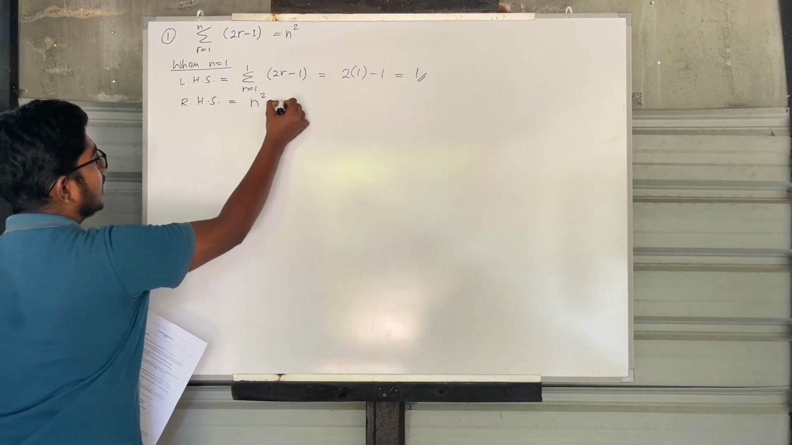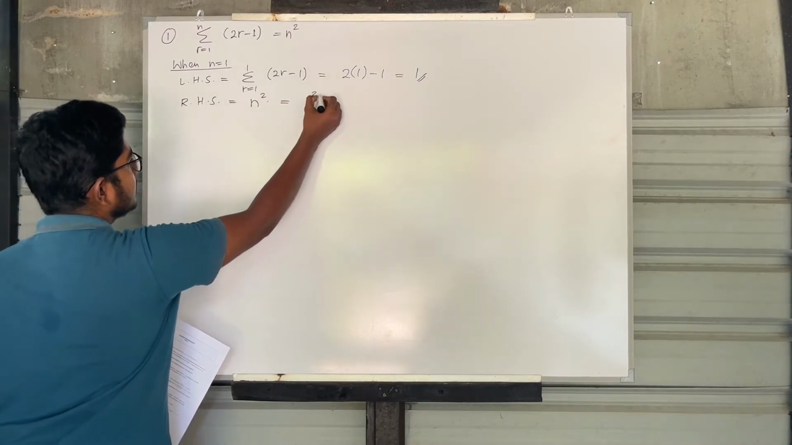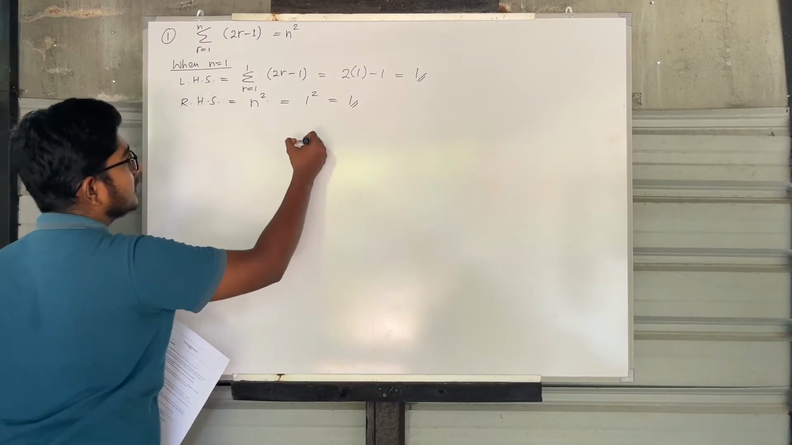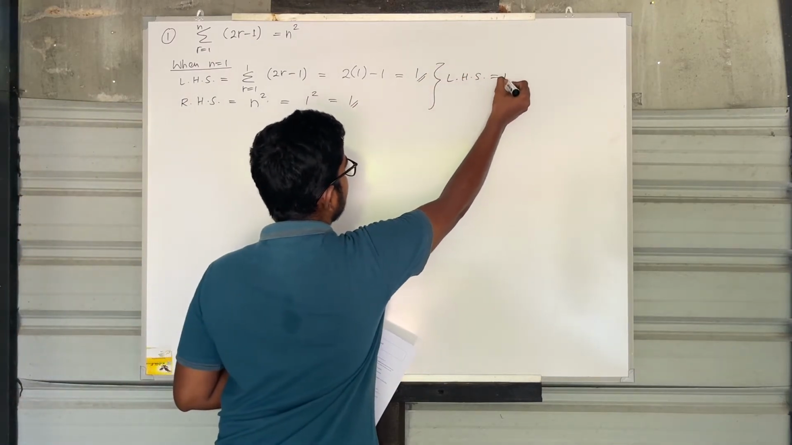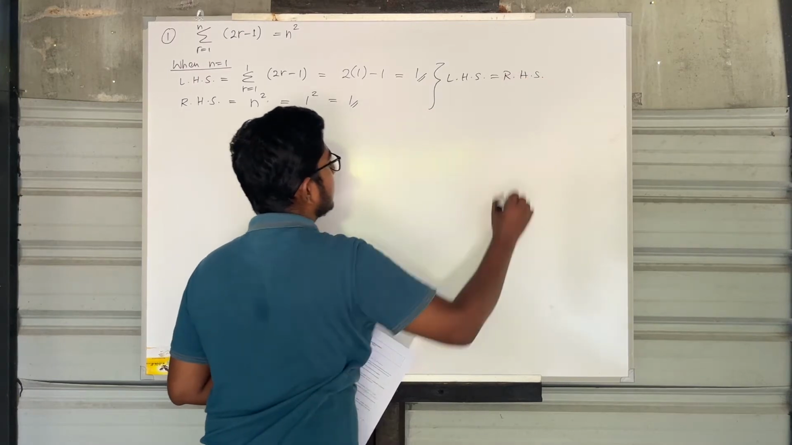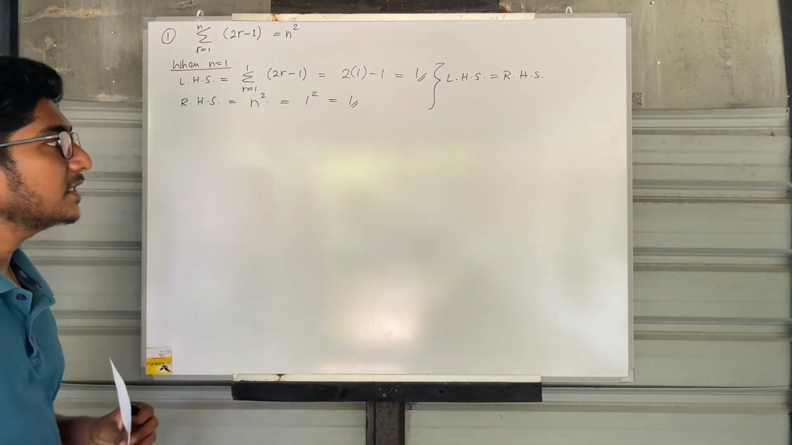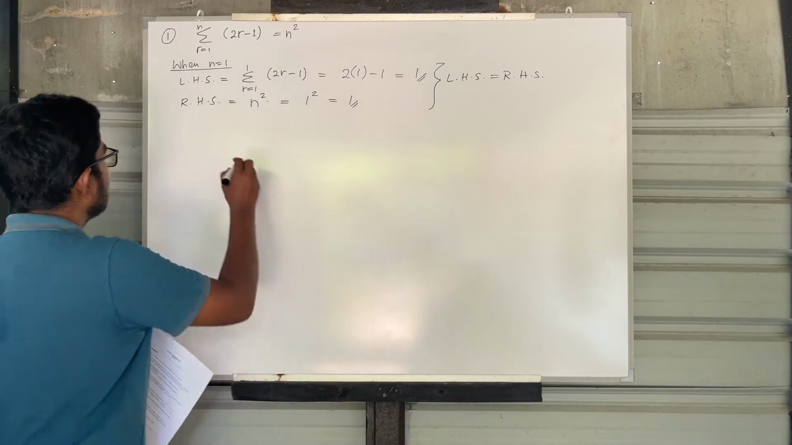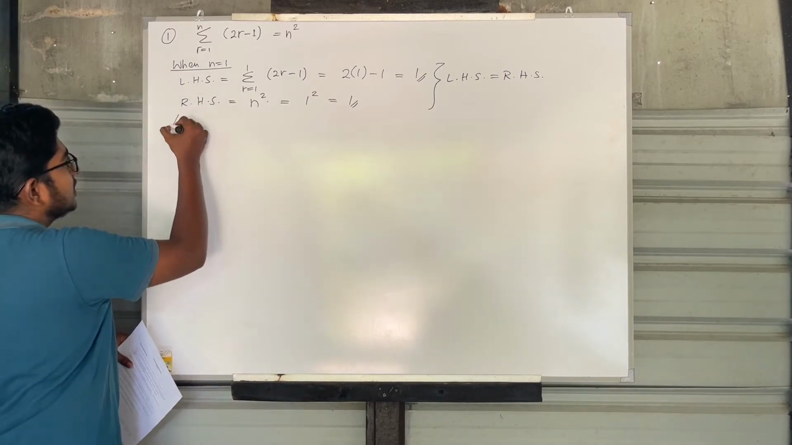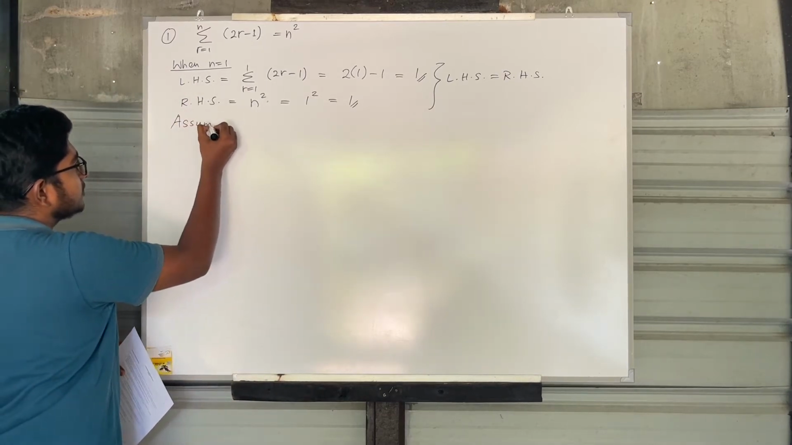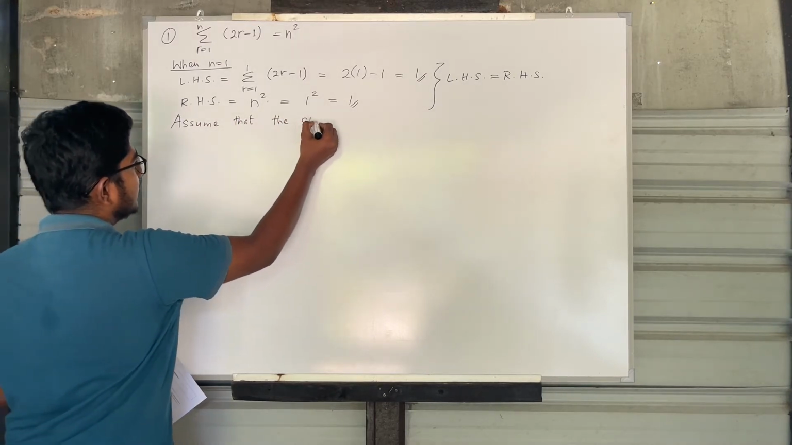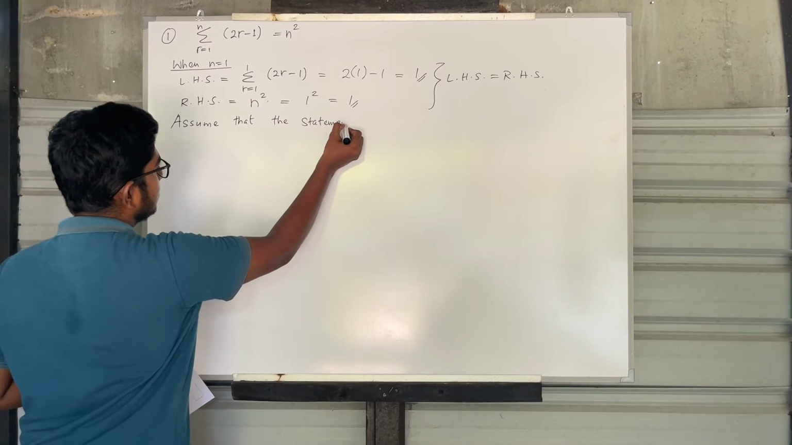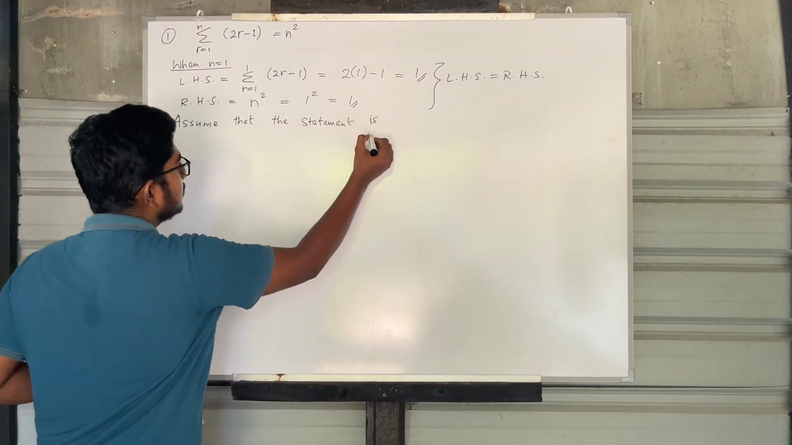RHS is n squared. For n we substitute 1. 1 squared is 1. From these two we can say LHS is equivalent to RHS. Therefore the statement is true when n equal 1. The second step is our assumption. We assume that the statement is true